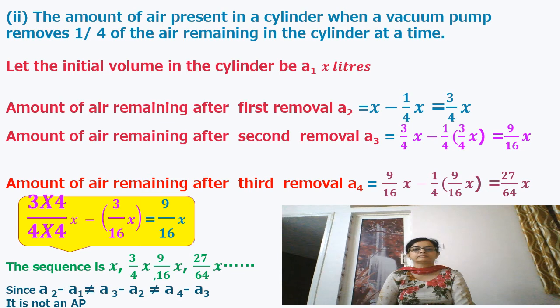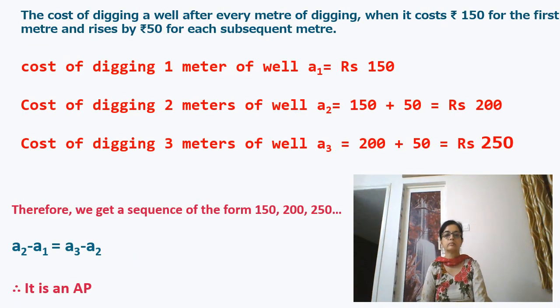If the common difference is not the same, then it is not an AP. I have come up with another day-to-day life situation. In the first place, we will find out whether it is an AP or not. How can we conclude whether the given situation is an AP or not? For that, we have to find the CD between the pair of consecutive terms. If the CD is equal every time, then only it is an AP. So let us first find the CD.